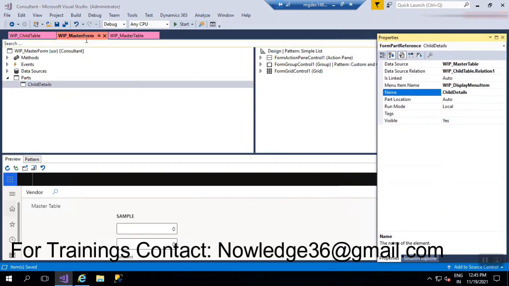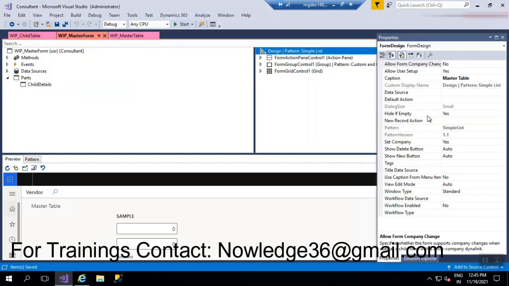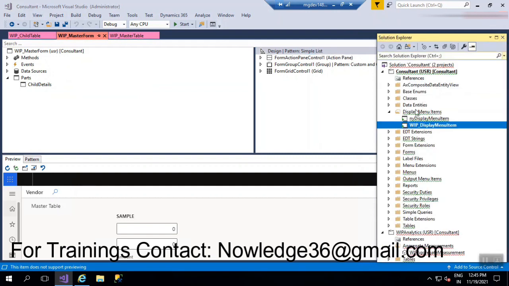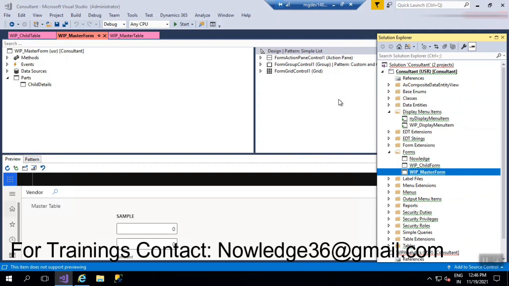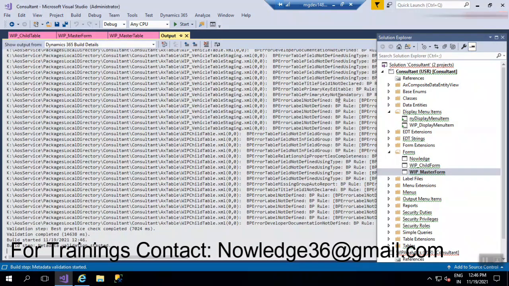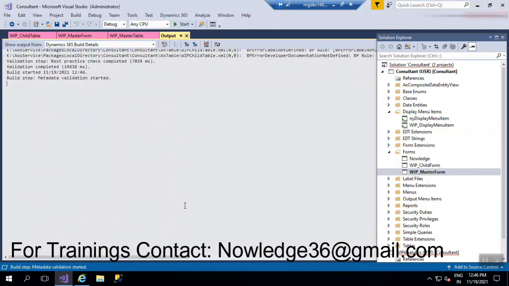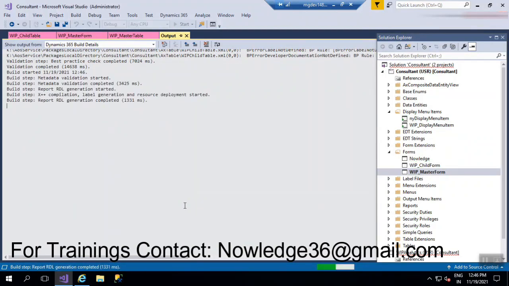To run this master form, I'll be setting it as the startup object. Mostly, to display forms, we'll be using a display menu item only. For now, I'm just setting this as the startup object. Let's open the form and see where we can see the related information in this master form.